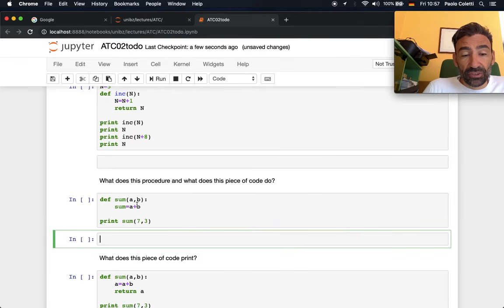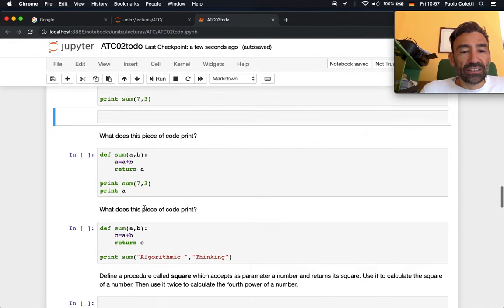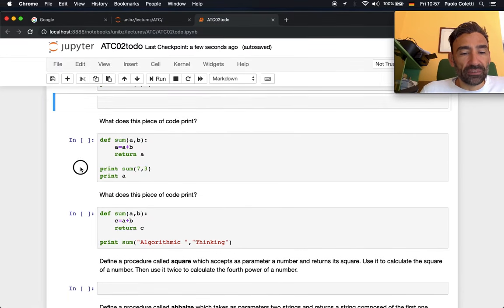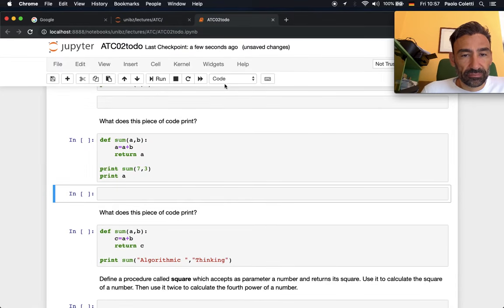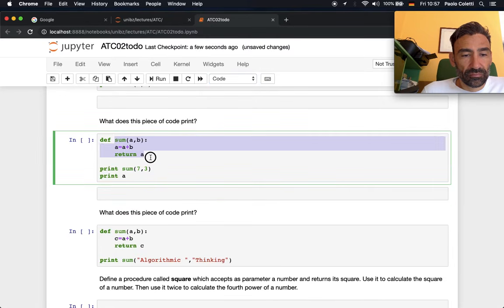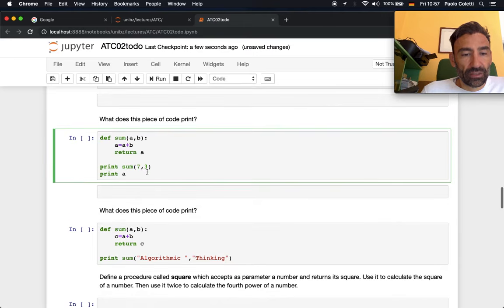And the piece of code will write 10. Ooh, difficult. Why do I give such easy exercises? What does this piece of code print? It prints 10,